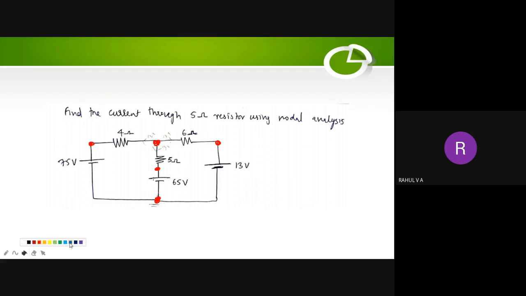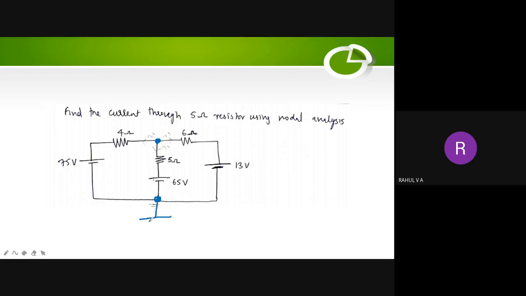or we don't need to do analysis for all these nodes, because this is a series node, only two branches are connected. This is also a series node, only two branches are connected. This is also a series node, only two branches are connected. So we have to analyze only two nodes. They are this one and this one. And in these two nodes, one of the nodes we have to make a reference